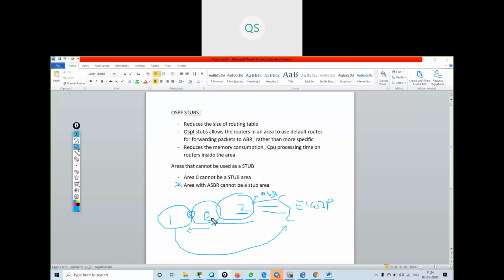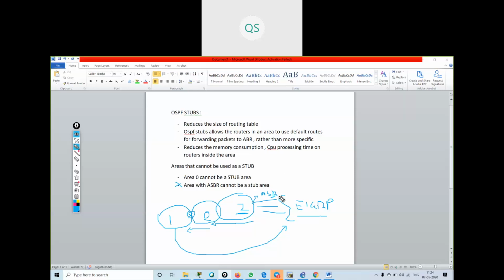It will not have the external routes, you can say LSA 5. OSPF stops LSA 5.